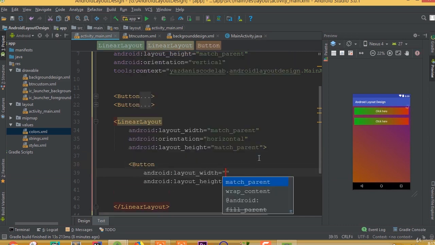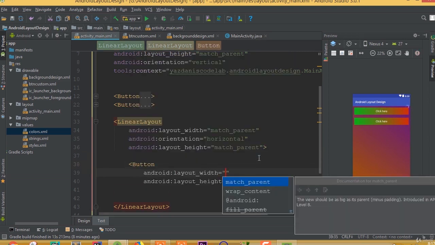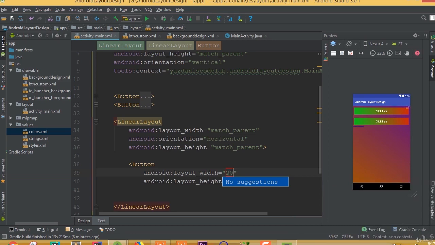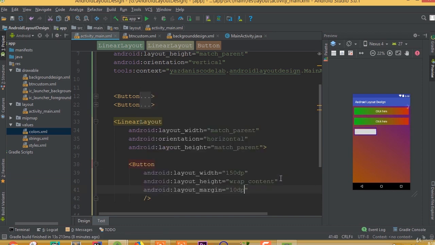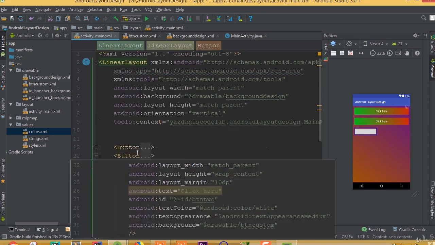So again define few button, so layout width, you can choose 200 dp, I think 200 dp is huge, so we can choose 150 dp, and height is going to be wrap content, and layout margin 10 dp,